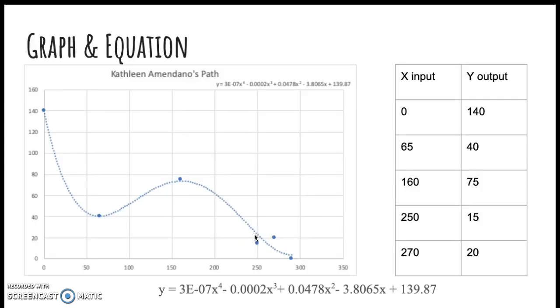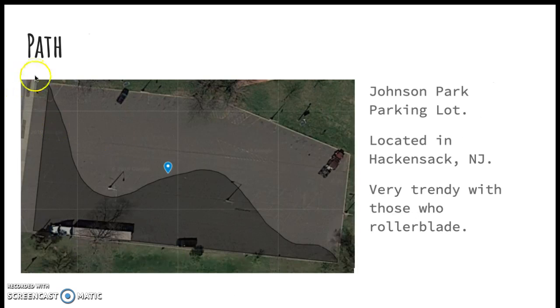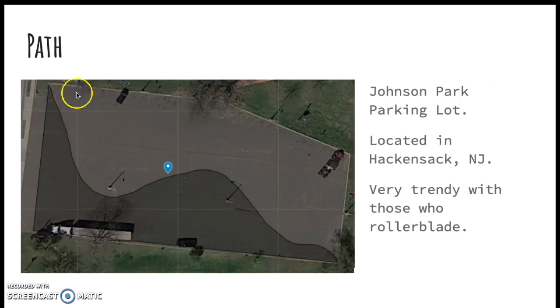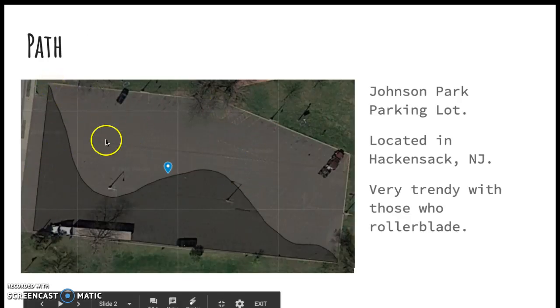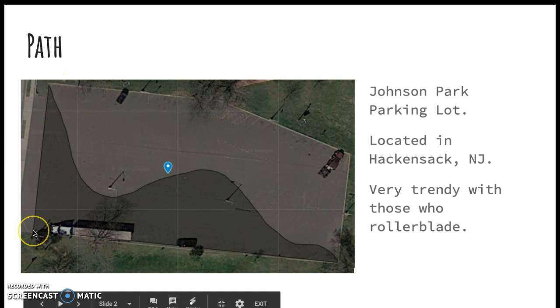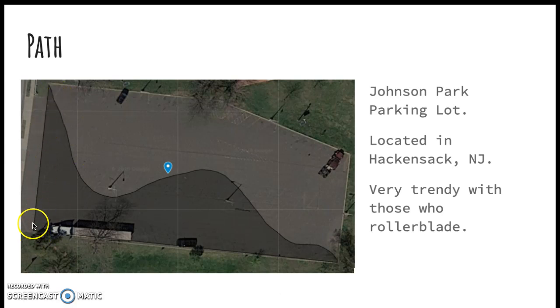And in order to find the path length, I decided to put this path into a graph. I decided to plot this on a graph using different coordinate points, and I did so by using a measuring tool found on the website that this path is located on in order to measure from this point to this point to find my y output, and I use this as my origin, so this would be considered my x input. Then I once again used this same method to